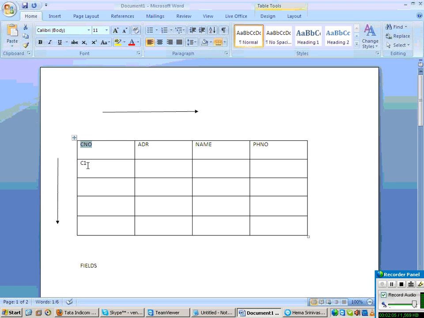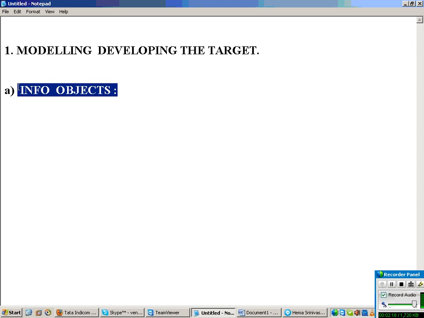What exactly is a field? A field defines the physical existence of an object. So customer number field, let us say, defines the existence of C1. The same field, when it comes to BI, we don't call it a field, we call it an info object. We are just using a different name to distinguish between the applications. Whenever I say field, I am speaking about R3. Whenever we say info object, we are speaking about BI. So what exactly is an info object? Nothing but fields.